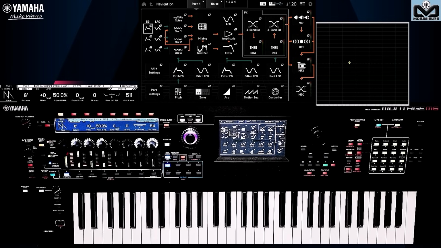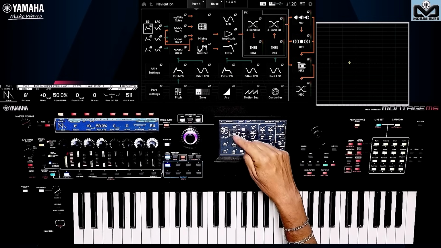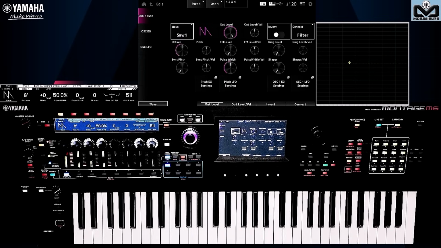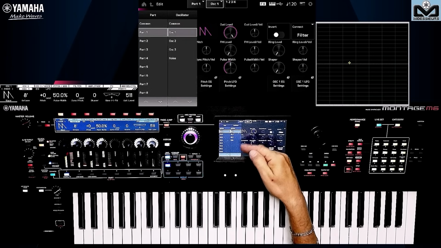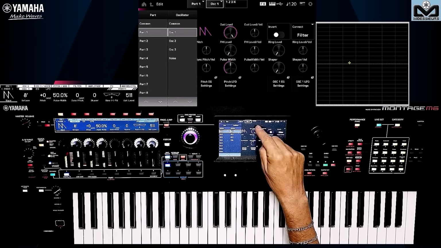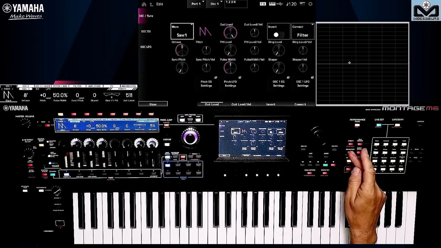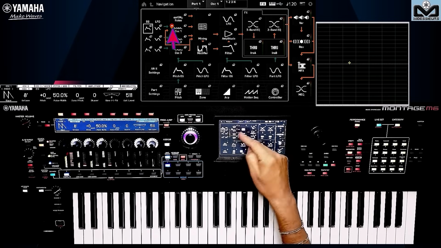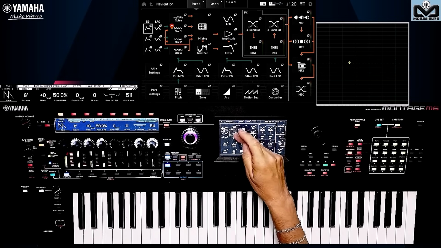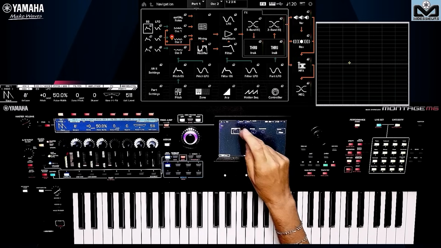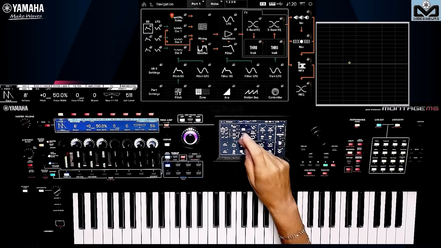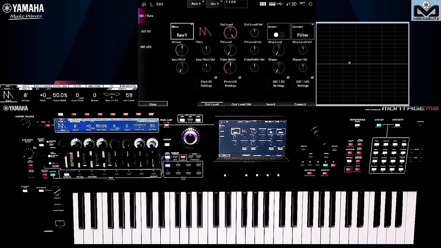To work on my first oscillator, I'll click here. Then I can choose to navigate like this between my 3 oscillators and my noise. Or I can choose to press the navigation button again. It shows me where I was. Let's go to oscillator 2, then to the noise. We come back to this oscillator.